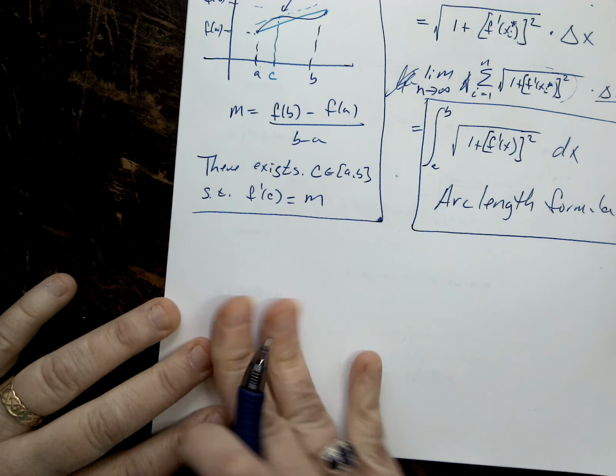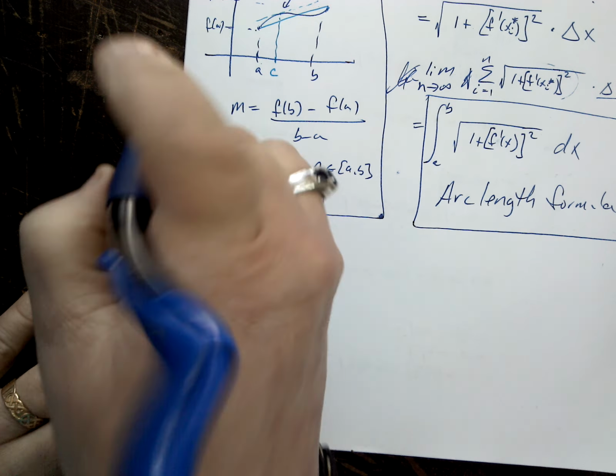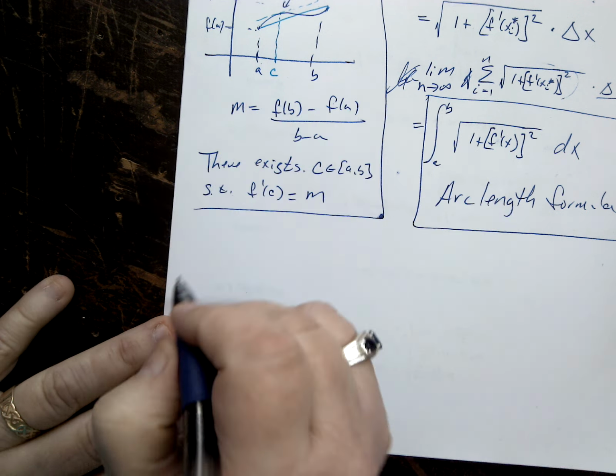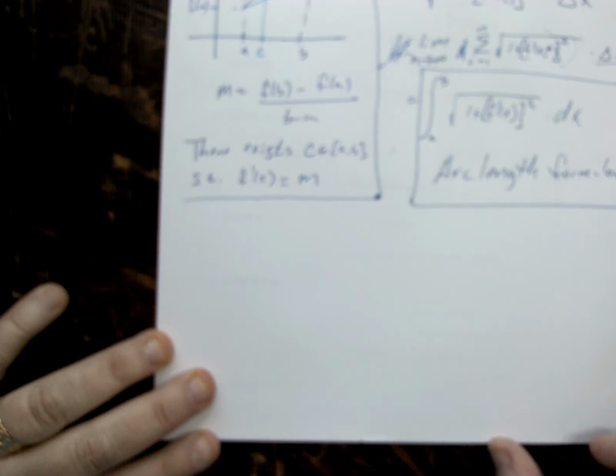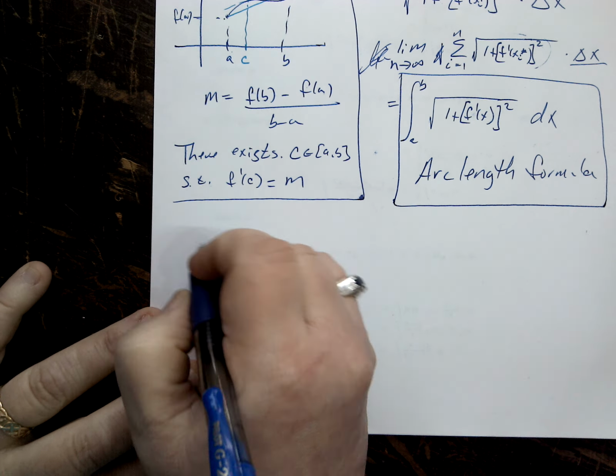Now for the surface area, we're going to assume we rotate this about the x-axis. We can actually rotate it about both, but we only do one in this class. We only generate one formula. So rotate